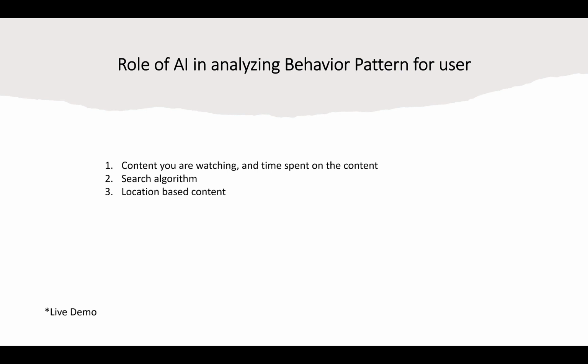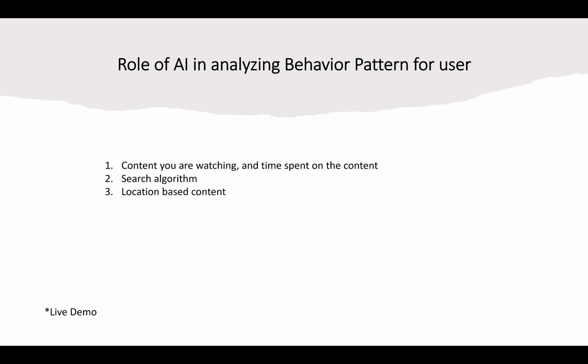So the content you are watching, let's say Instagram Reels. Let's say that the Instagram Reel is 60 seconds. And if you stop it in 3 seconds, the AI will recognize, okay, this content is not for this particular user. Let's show him different content. And if you watch the different content for 60 seconds, it will grab it. Okay, my user likes this content. Let me show more content to him.